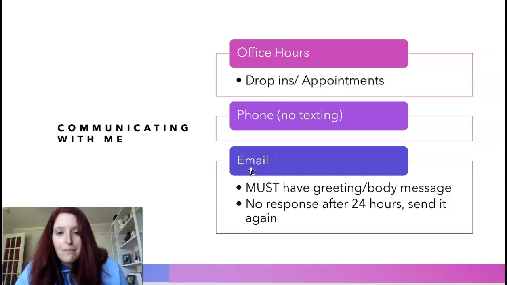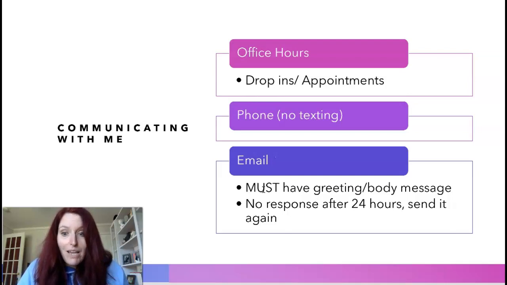And if you do email me, in the syllabus there's a section about what to include in your email. But the one thing that I want to mention is that please make sure that you have a salutation or a greeting. Hello, Ms. Swan. Hi, Professor Swan. Some way to make me feel human. Don't treat it like it's a text message. Please make sure you have a salutation, a greeting, and some sort of body message that explains what it is that you have questions about or what it is that I can help you with.